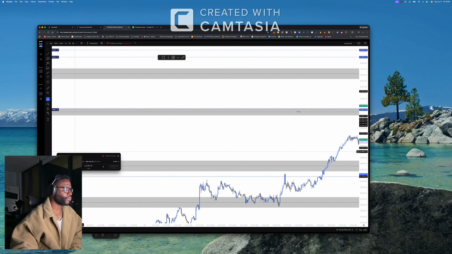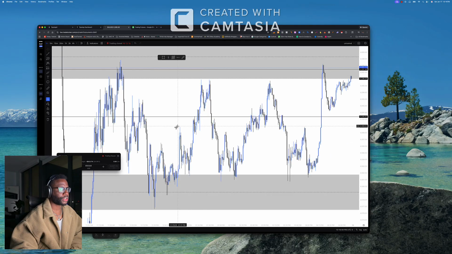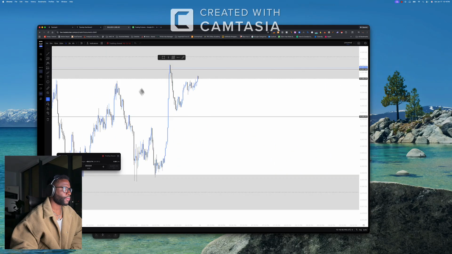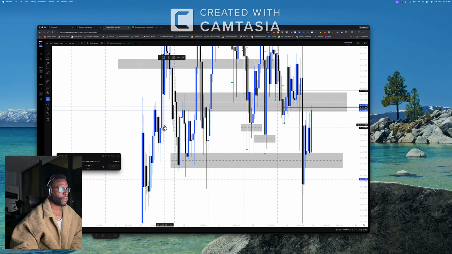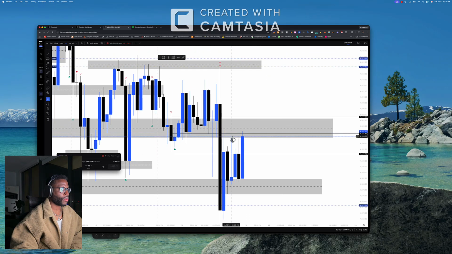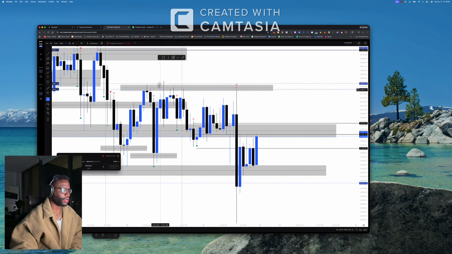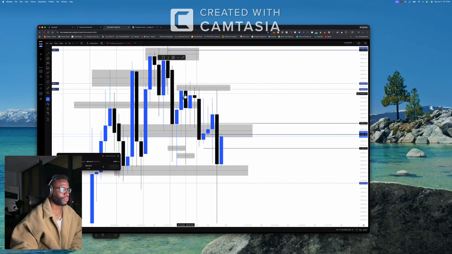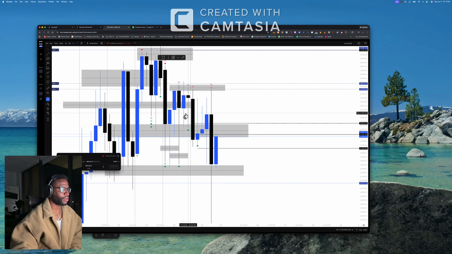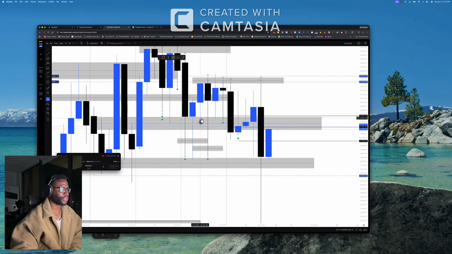Let's review gold real quick. All right, gold was pretty interesting. It's a lot going on here, but I promise you, I was just riding these waves up and down, up and down. I charted out on a 1 hour and 4 hour. Yeah, the market condition here, I was just like, whoa.